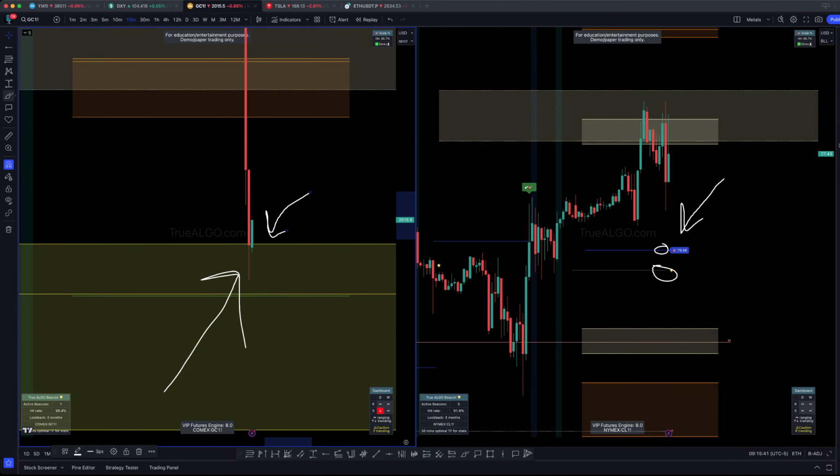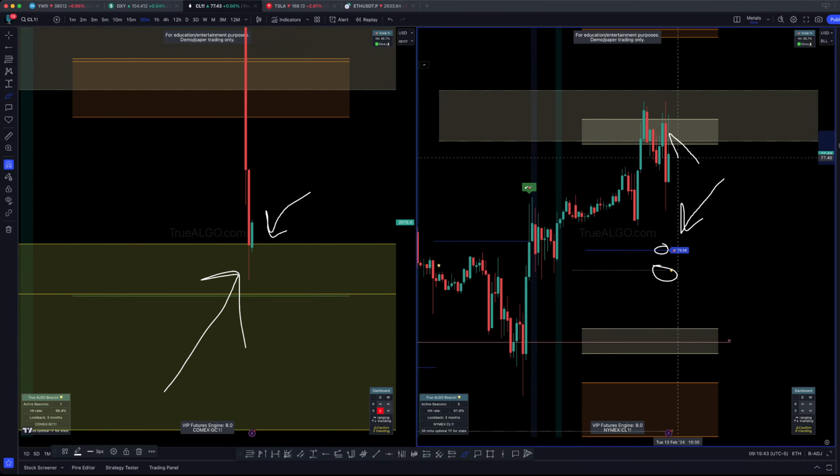And then oil is still rejecting live from the boxes. So anyone who keeps longing oil at the top, the higher predictability long on oil will be when it closes above this box. Right now, this is always going to be where oil is going to look to reject short.